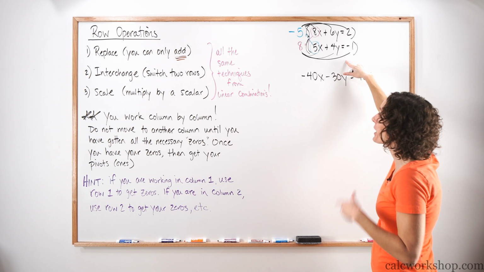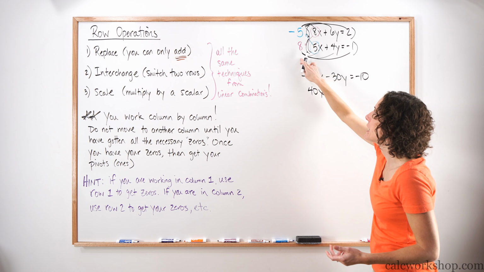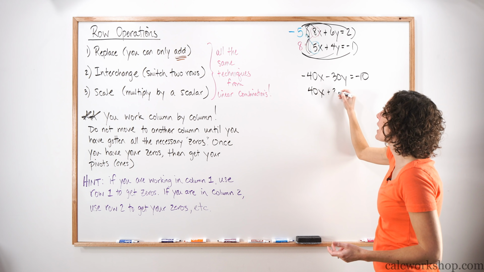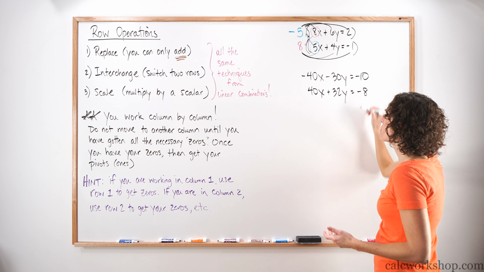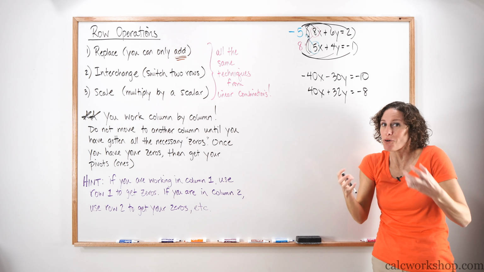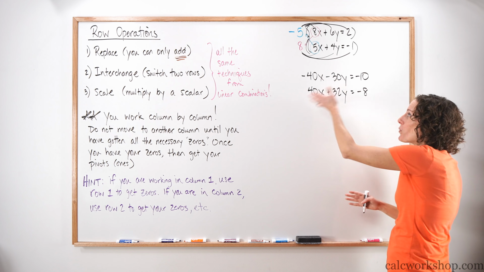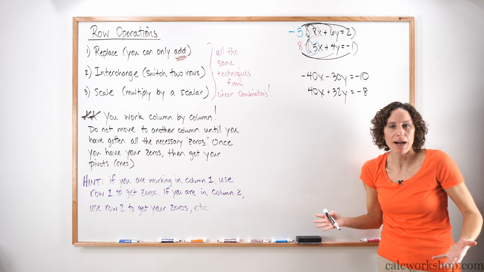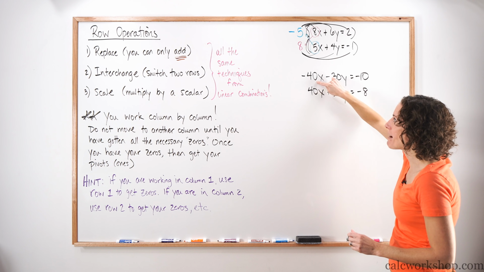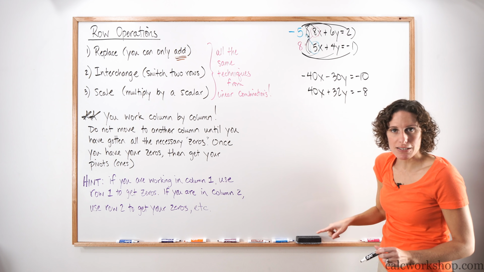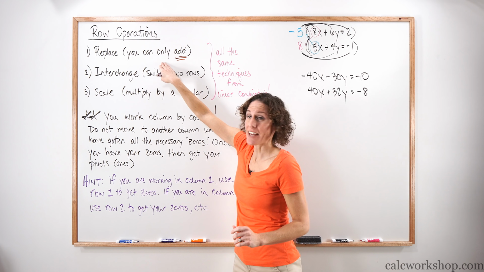If we multiply the entire bottom equation by 8, 8 times 5 is a positive 40x. 8 times 4, we've got a positive 32y. And 8 times -1 is -8. Once again, we haven't changed the chemical makeup of that equation. It's still 5x plus 4y equals -1. All we did was make it a little bit bigger by multiplying by 8. The reason we wanted to do that is now they not only have the same number, they have opposite signs.